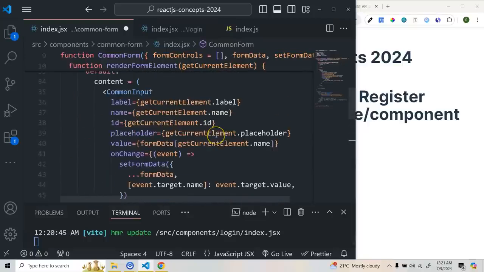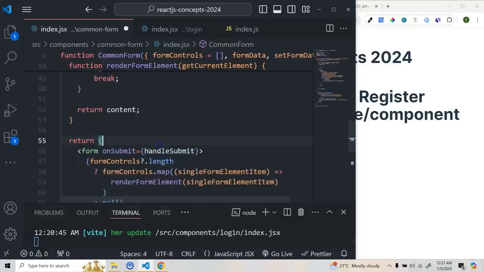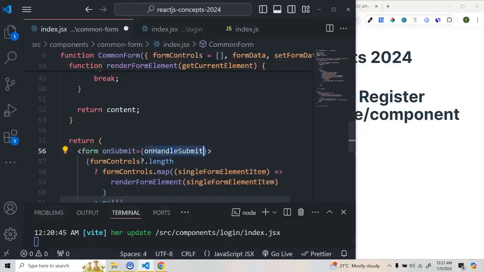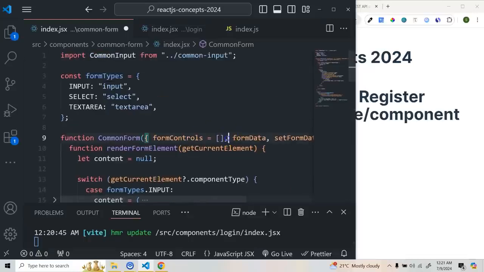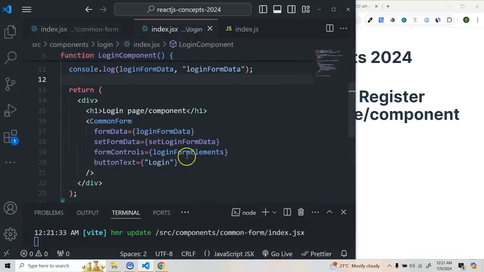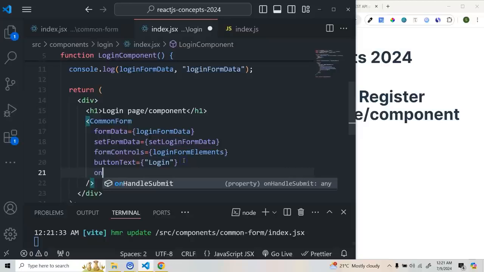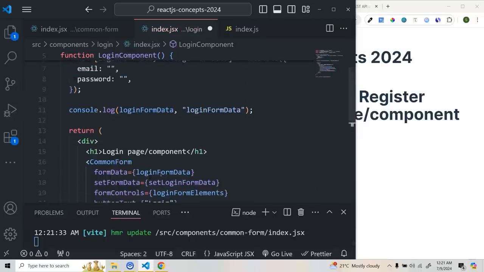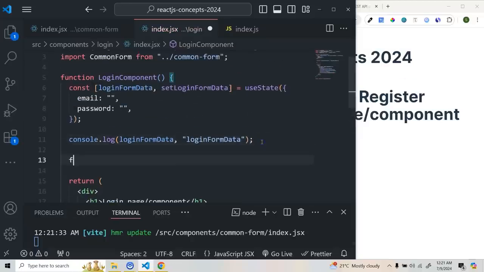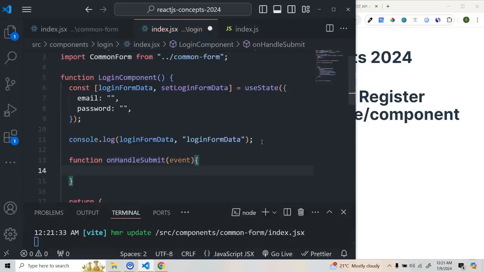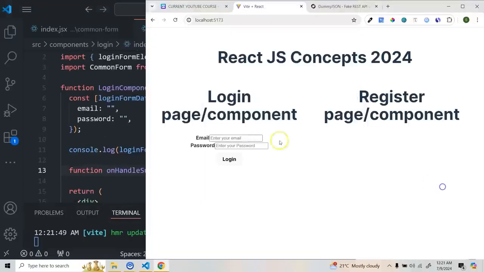So this on handle submit, let's keep it as on handle submit. This will be received from props, and then you'll pass it here. We'll give the same name, on handle submit, and I'll create this method here. So do function on handle submit, which will give an event. Now see, if I save it and type something here,